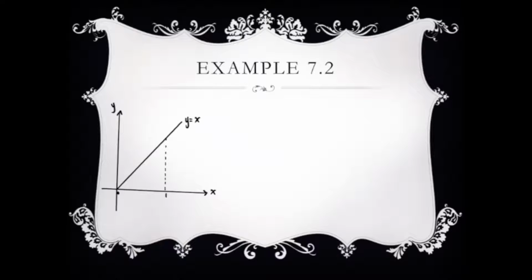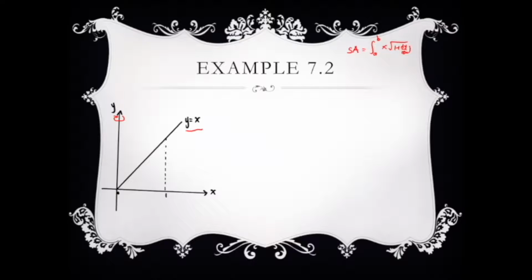Okay, so for the second example for rectangular function surface area, we are still going to use the previous function, which is y equals x, but now instead of rotating around the x-axis, we're going to rotate it around the y-axis. I believe that in the previous slides, we made a mistake because the surface area of a rectangular function when it is rotated around the y-axis is not just integration from a to b of x times the square root of 1 plus dy over dx squared dx,